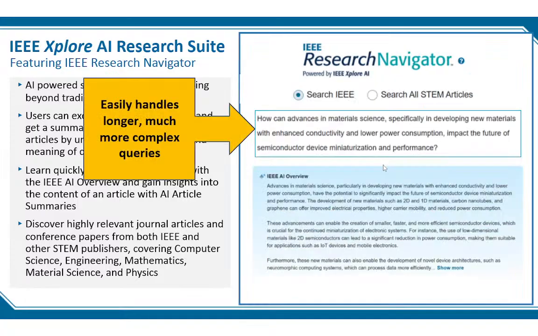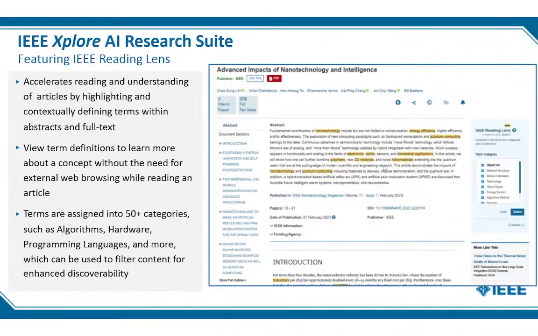And of course, you can also key in much longer, more complex search queries. They will still be able to extract keywords and still use the AI algorithm to do the searches. And not only that, at the individual article page, when you open a single document in the HTML format, you will realize that on the right-hand side, there's a function called reading length.